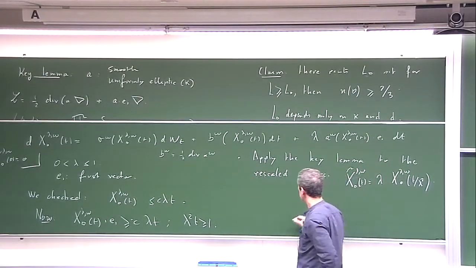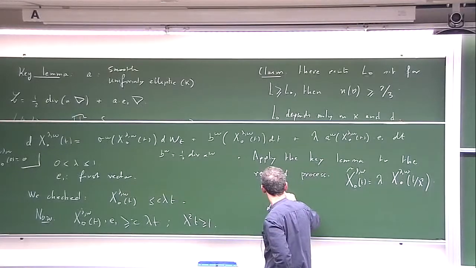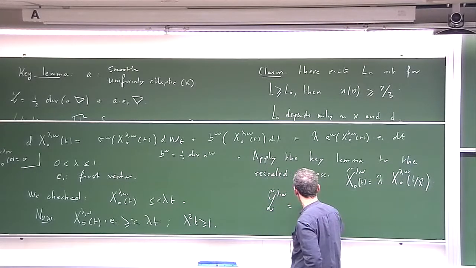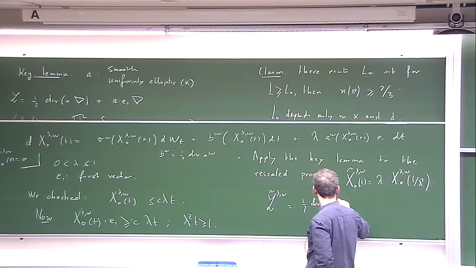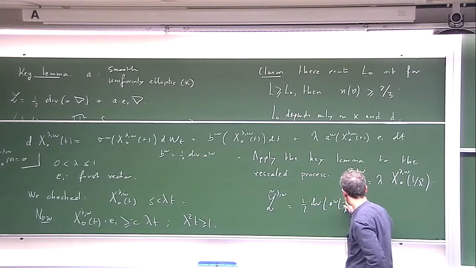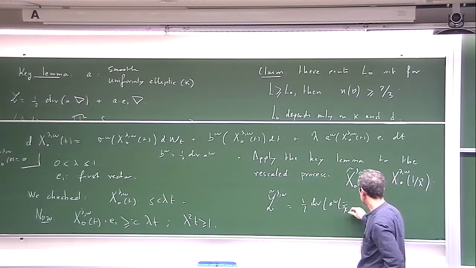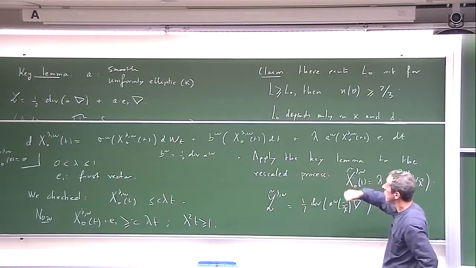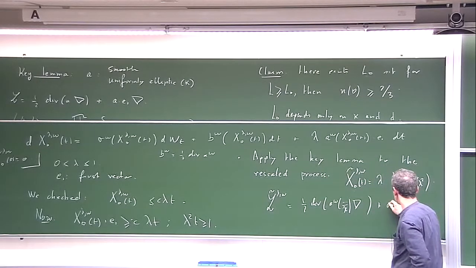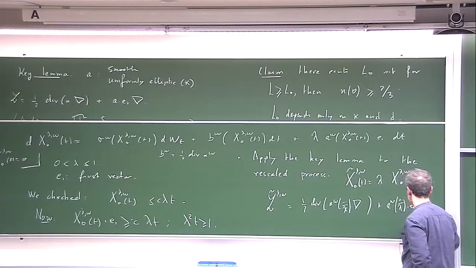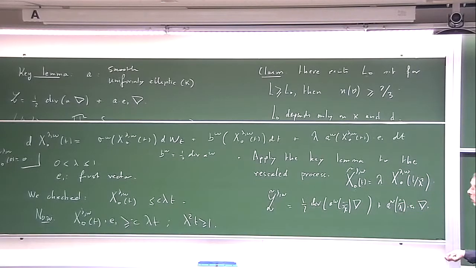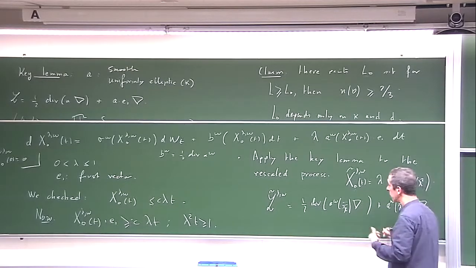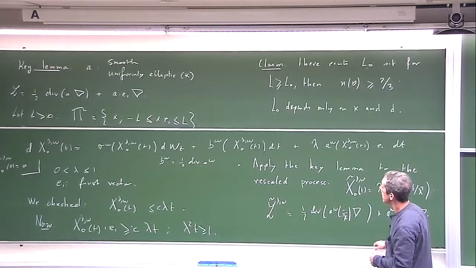if we look at the generator of this guy, L tilde, it is indeed of the form 1/2 div A omega computed at point x over lambda, and then the gradient plus, and then we scale the lambda out of this equation. So we only have A omega at point dot over lambda dot E1 and the gradient in the new coordinates. Okay? So we have fast oscillating coefficients, but we don't care because the lemma says that we